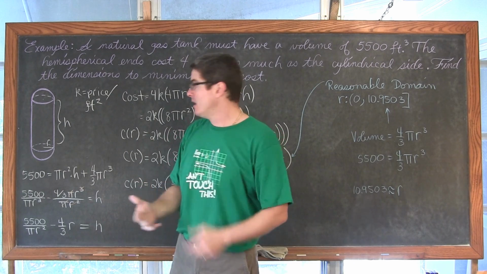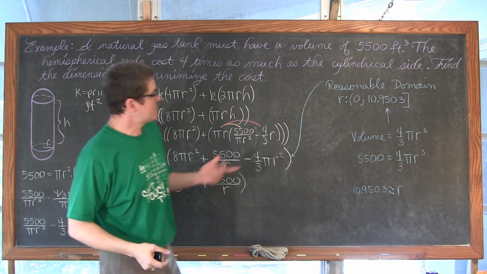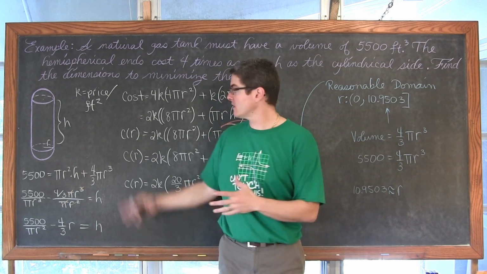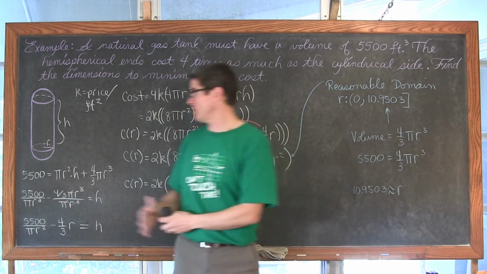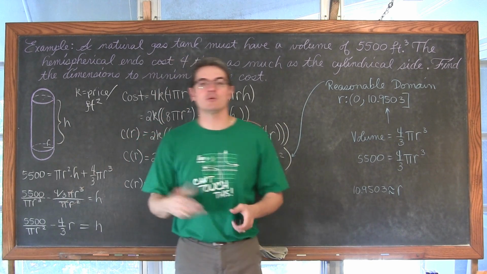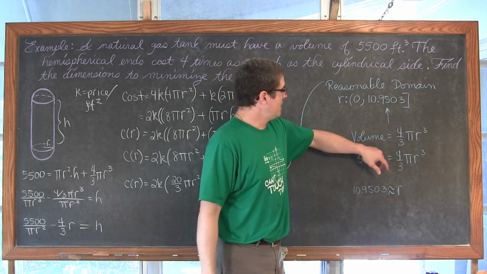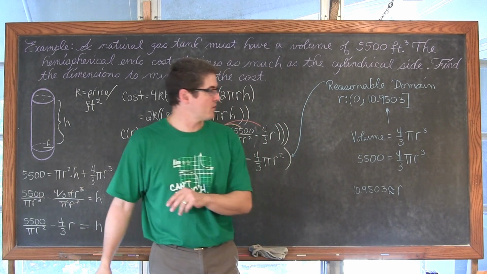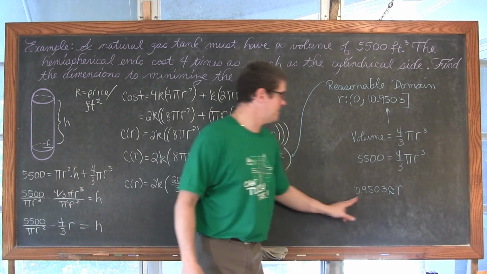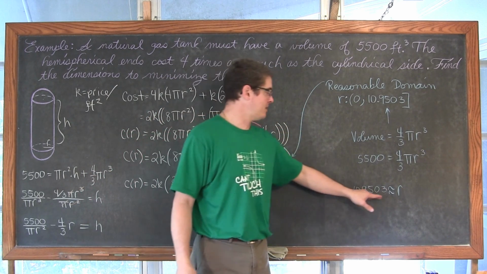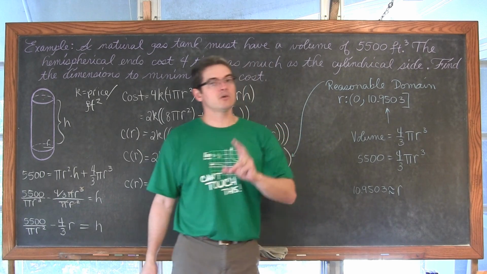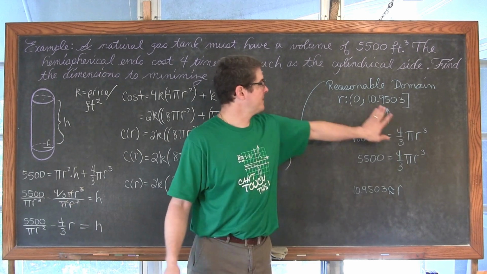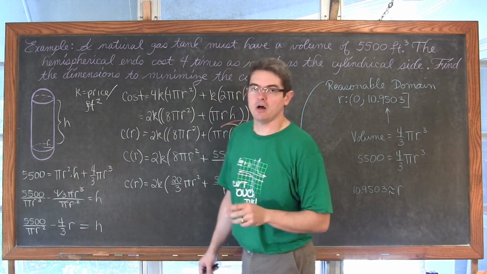So the maximum measure for the radius is found by setting the volume that we must hold equal to the volume of a sphere. It might be a sphere if we need a height of 0 to create the tank and minimize the cost. For that sphere, it's 4/3 pi r cubed. We plug in that 5,500, divide both sides by 4/3 pi, and cube root both sides, and we get an approximated value of 10.9503 for the largest that our radius can get. When we get done with the problem, we want to test that value to make sure that it is not a minimized cost for the tank.